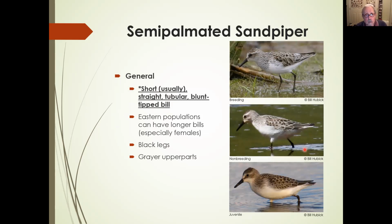Semipalmateds, again, look at the structure for the bill. It's short, generally, tubular and blunt tipped. And I'll mention the eastern population of the semipalmated sandpipers tend to have longer bills. And I'll say especially the females, because you can have semipalmated sandpiper females with long bills that can be a little bit longer than a Western sandpiper, which generally has the longer bill. But it's one of these things where the female has the longer bill, and it can be longer than the male Western sandpiper's bill. And again, these are the grayish